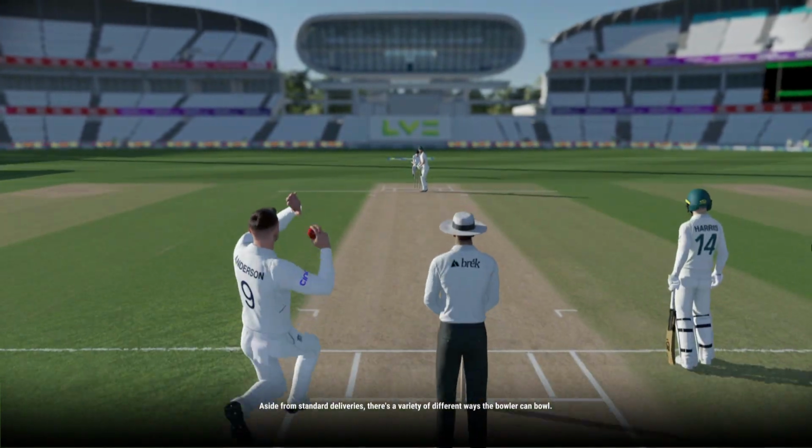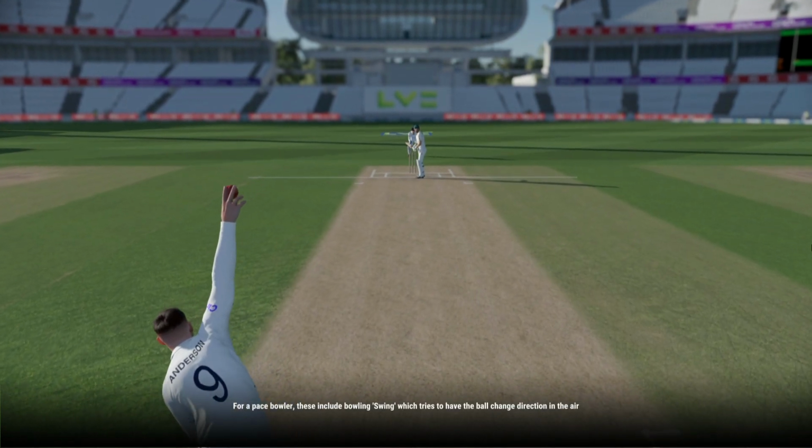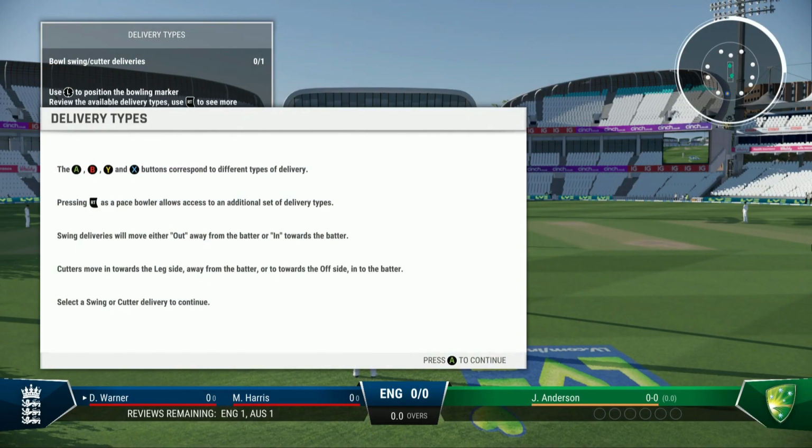Aside from standard deliveries, there's a variety of different ways the bowler can bowl. For a pace bowler, these include bowling swing, which tries to have the ball change direction in the air to cause it to deviate from a straight path, either in towards the batter